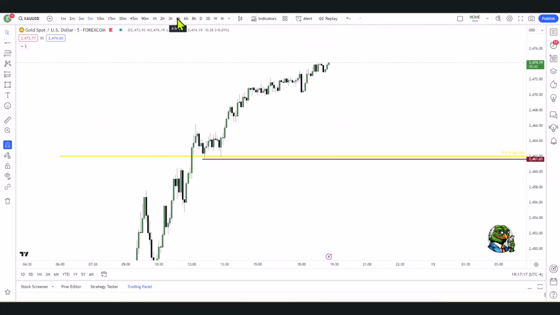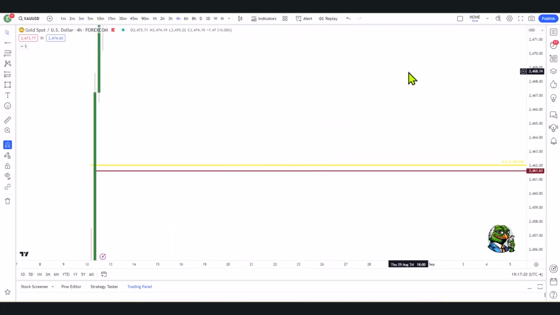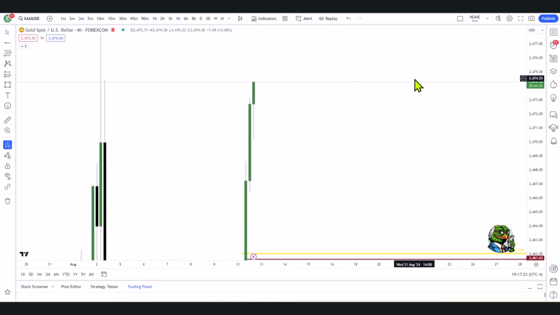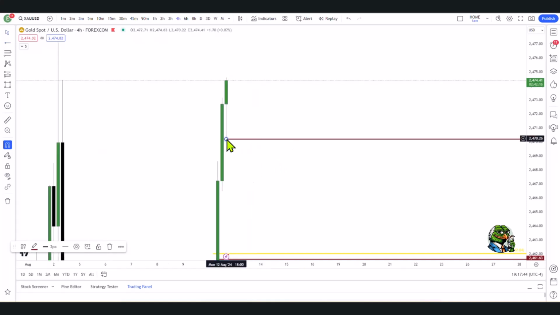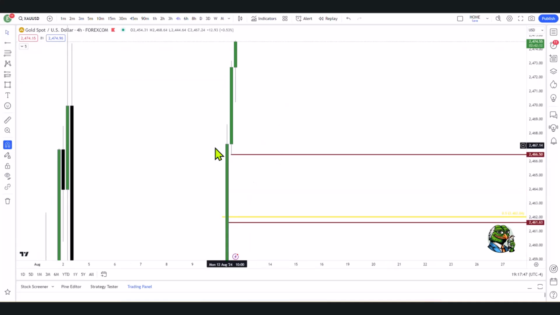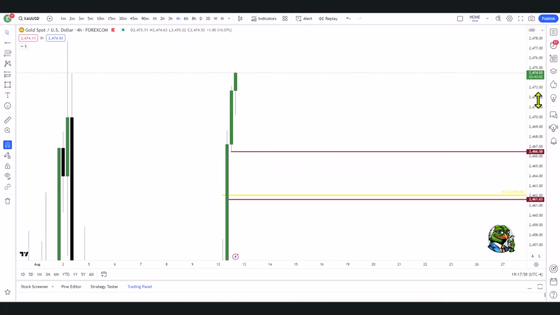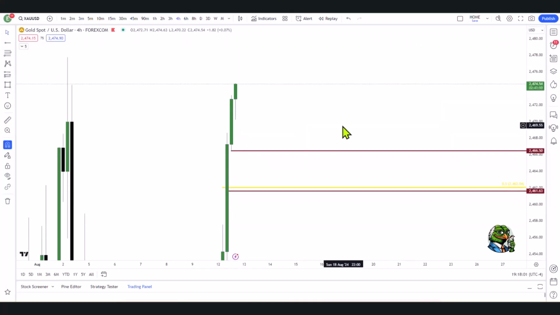If I go to a 4-hourly chart, do some research on ICT, Institutional Order Flow Entry Drill, IOFED. That is there. When you have these big bars up, then under that wick is where institutions may look to go long for continuation in the move. Do your research on IOFED, Institutional Order Flow Entry Drill, and you can learn about that. That's another level the market could come back down to.